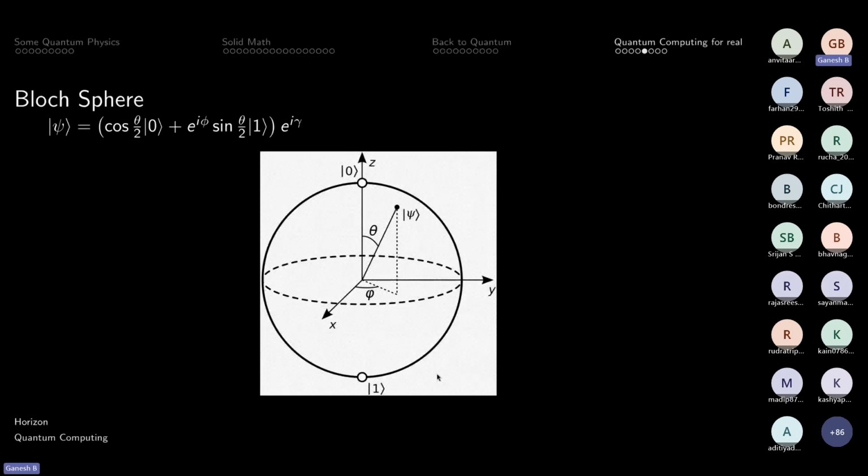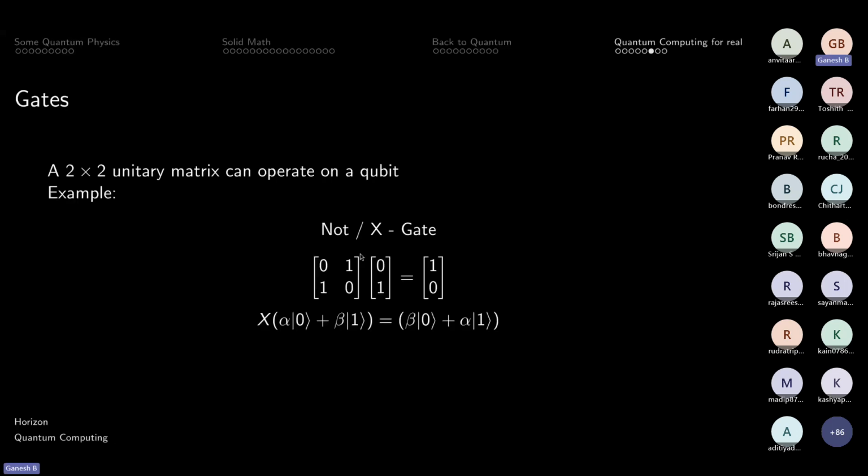If you only dealt with real numbers, you would have had just a circle which goes around 0 and 1, around the north and south pole. But since you're dealing with complex numbers as well, it turns out to be a sphere, and the sphere is called the Bloch sphere. It's a nice way to visualize. I'll give an example as well of how it is useful in visualizing. Okay, so let's come to gates. We are all familiar with gates in classical computing. We have AND gate, NOR gate, XOR, plenty of them, and we can define something similar for qubits, quantum bits, as well.